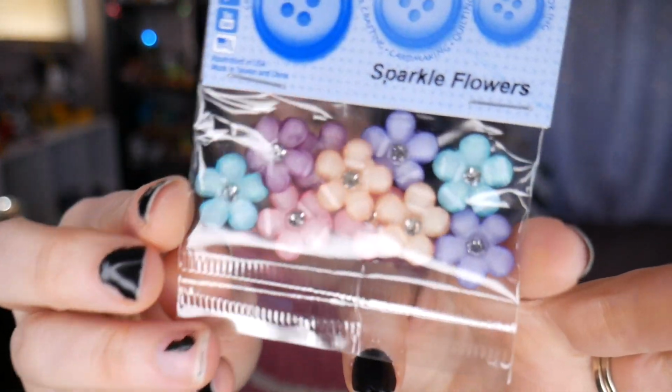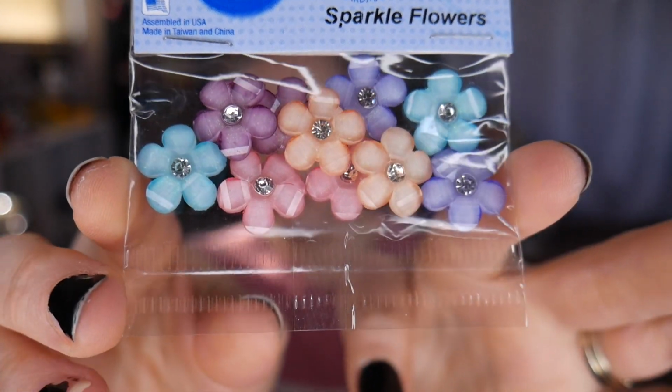They are little buttons, I think, but they're flowers. They're so pretty. Yeah, so these are creative button assortments for crafting, card making, quilting, sewing, and scrapbooking, and these are so pretty. Okay, so I'm very excited to see what else we got in here. The Button Artist Fun and Easy Buttons. Oh my god, oh